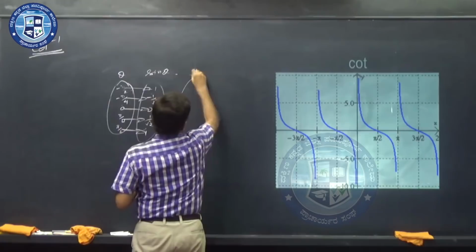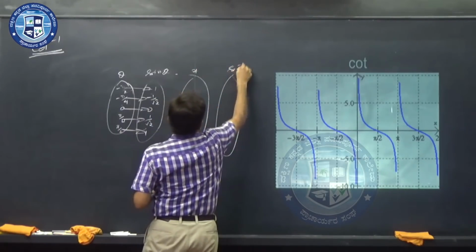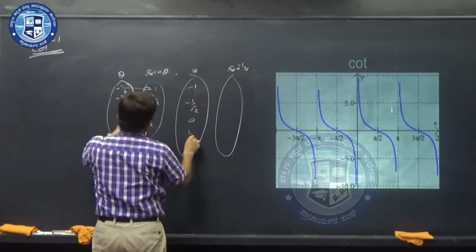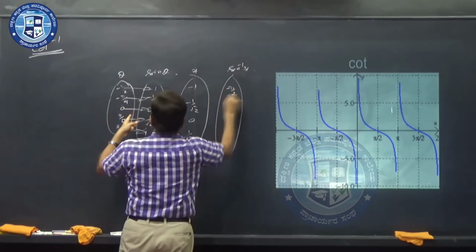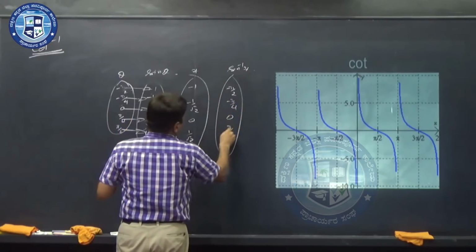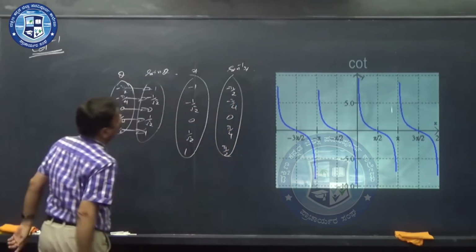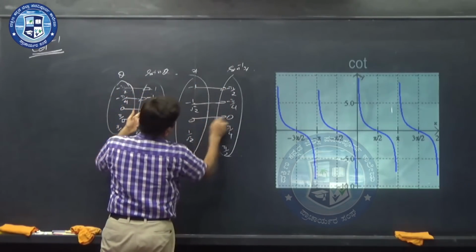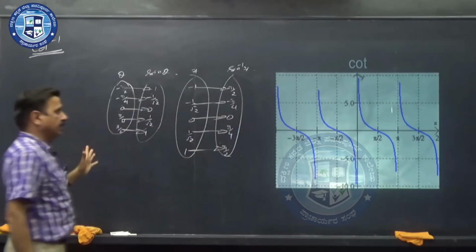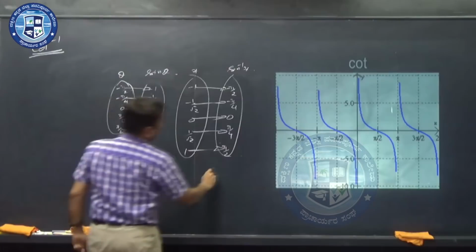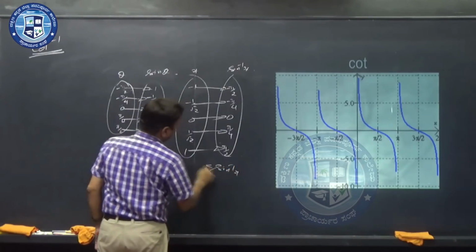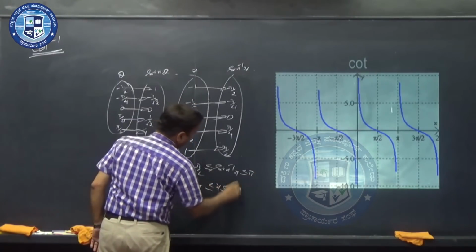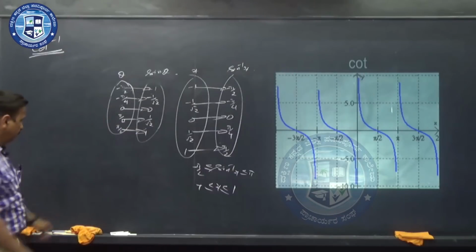This is x and this is sine inverse x. So this is minus 1 by root 2, 0, 1 by root 2, 1, and here minus pi by 2, minus pi by 4, 0, pi by 4, pi by 2, and this is bijective. Minus 1 is the image of minus pi by 2, and like this, this is again bijective. So that is why we say that sine inverse x varies between minus pi by 2 to plus pi by 2, whereas x varies between minus 1 and plus 1. This we already discussed.